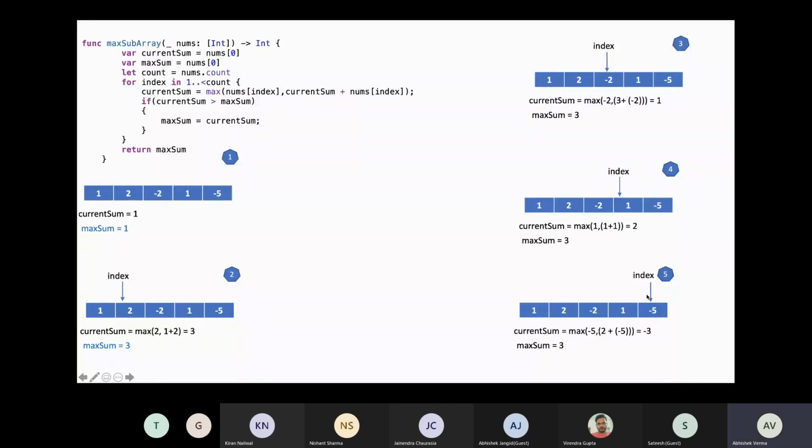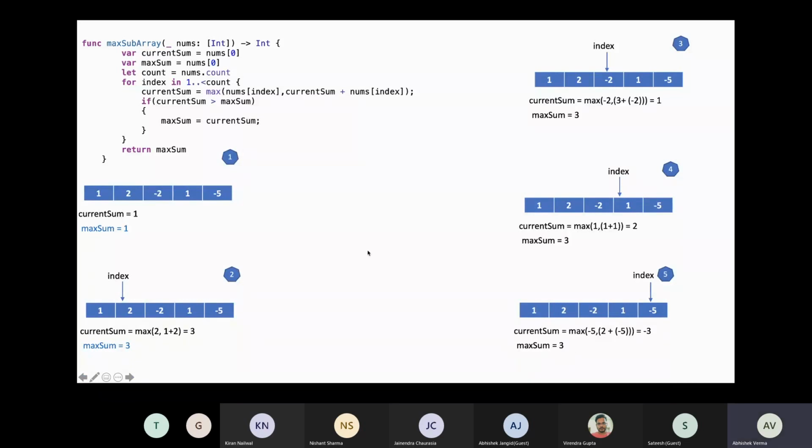Now I reach this position, where the value is -5, and current sum plus -5 gives me -3, which is again lesser than the maximum. So the maximum is not updated, and I return this maximum as my output.